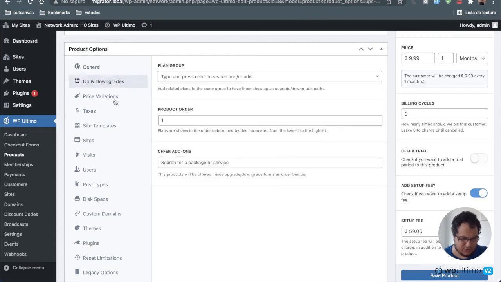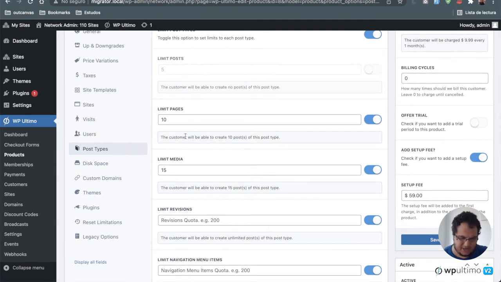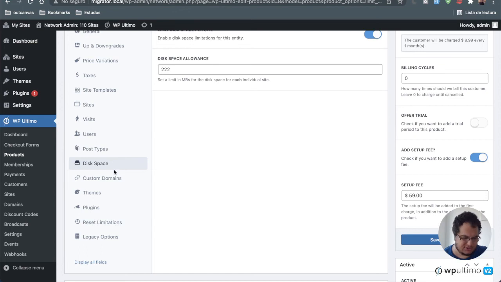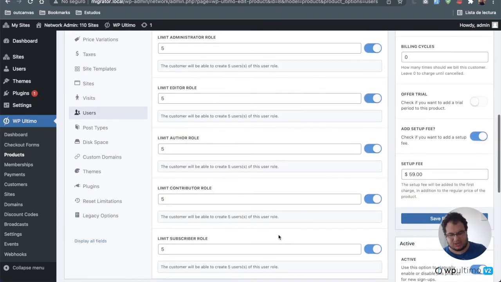In terms of limitations, the 5, 10, 15 that we had, we still have here, and the posts were disabled. Disk space, visits, it's all here. The only thing that we needed to take a different approach, and I had to make a decision,